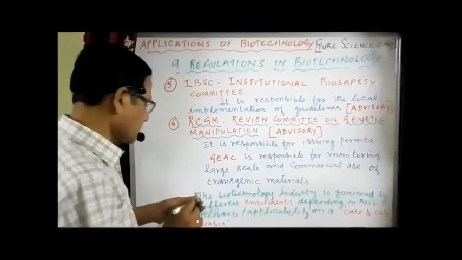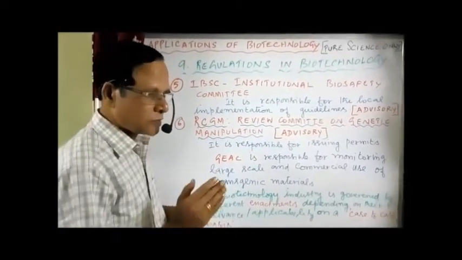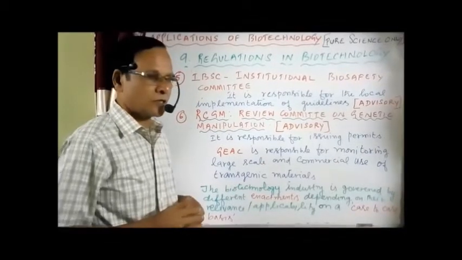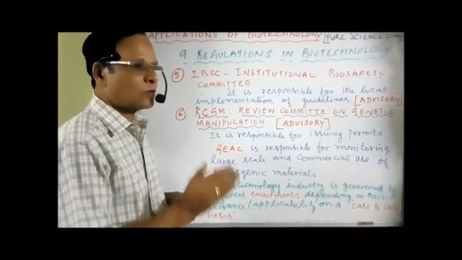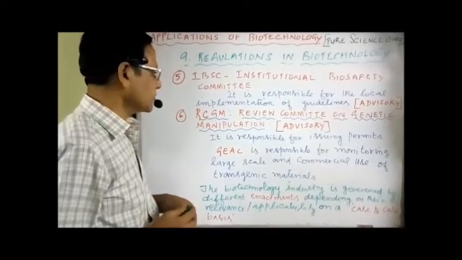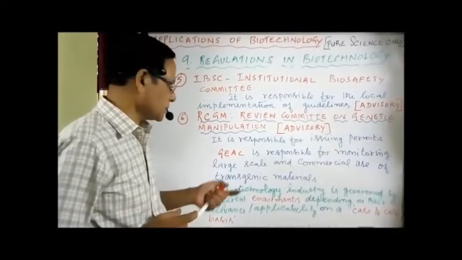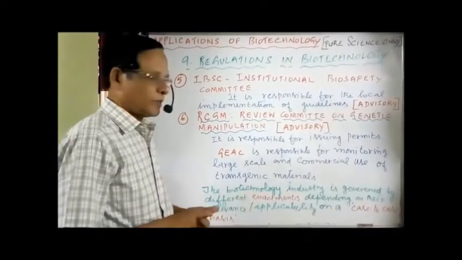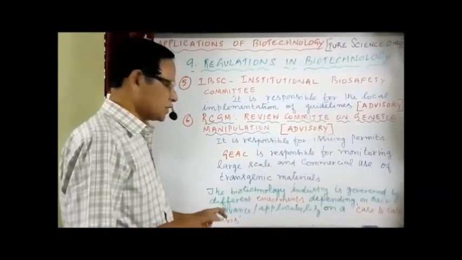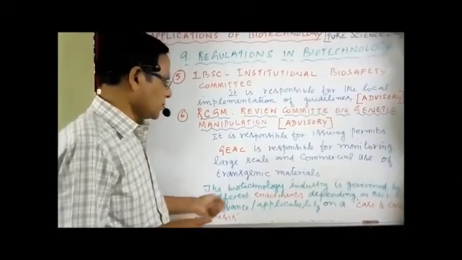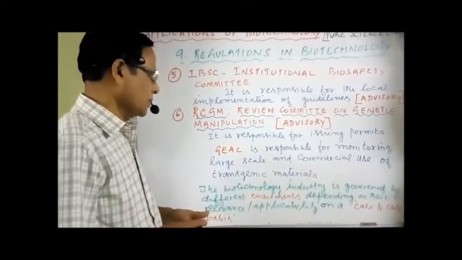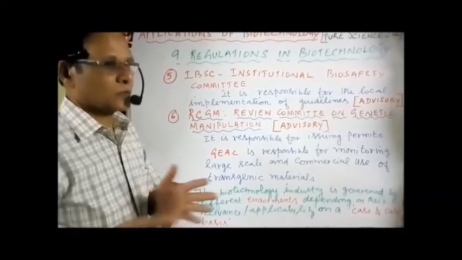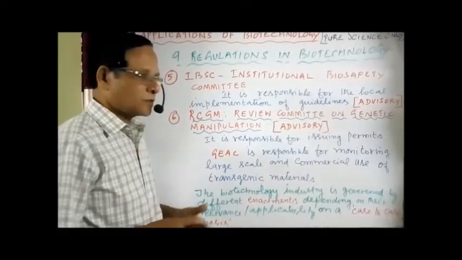On a case-to-case basis means you have to study one case. Suppose one organism is produced by means of genetic modification, and if you have to go for the next one, you have to look into the nature of the genetically modified organisms, one by one. That is called a case-to-case basis. So that is about the industry governed by the enactments, depending on the relevance, whether it is applicable for life or not. On a case-to-case basis, studying each and every transgenic animal for its usage. Okay, that's about one. Now let's go further.